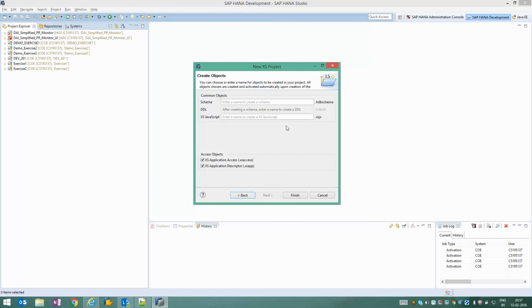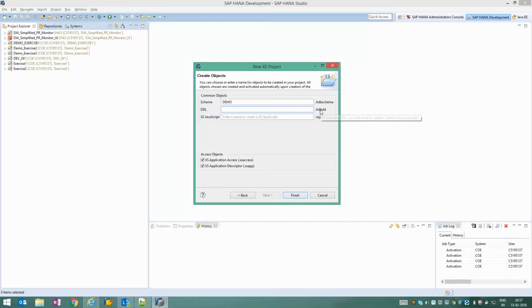So now here you can actually see that there is a schema input column in which you have the file extension as .hdbschema. Whatever is the name of the schema that you want to construct, you can just give the schema name over here. And once you give the schema name, you can also see that the DDL file input would have been enabled.